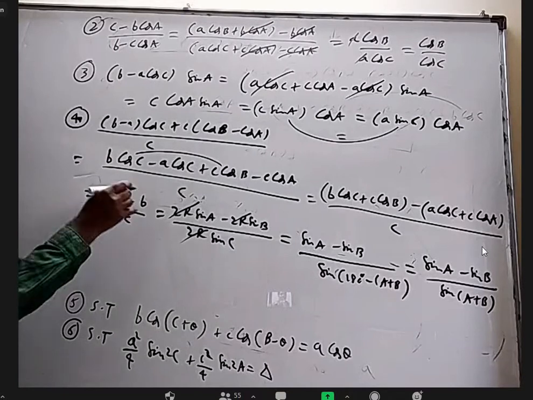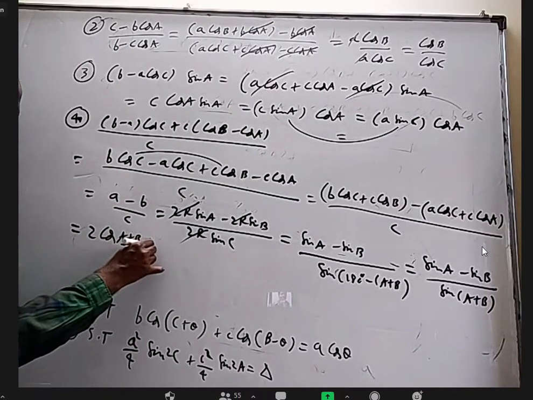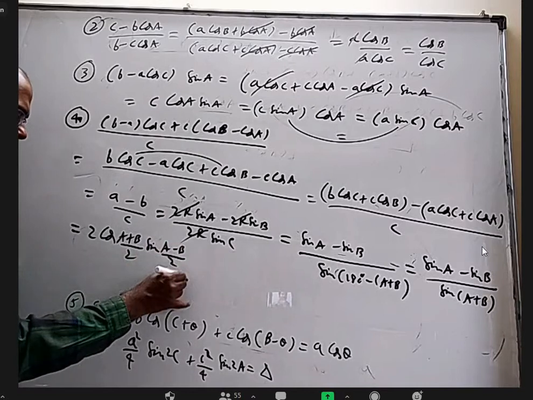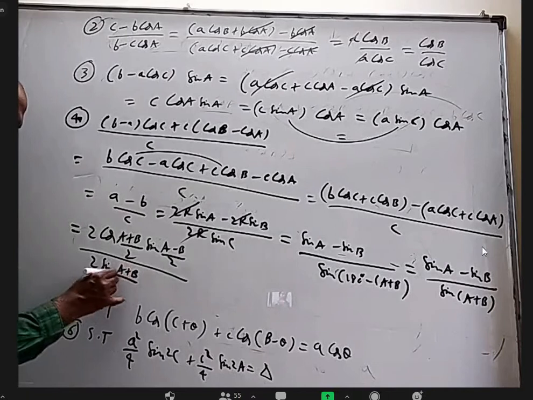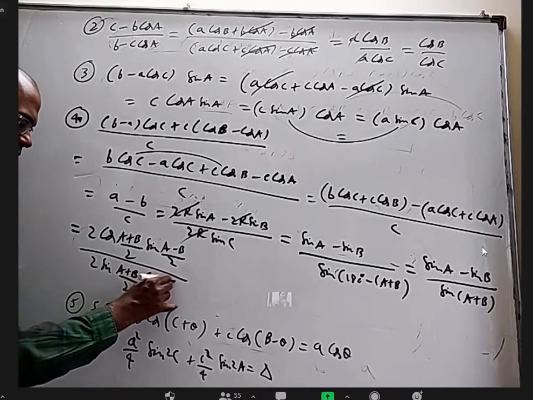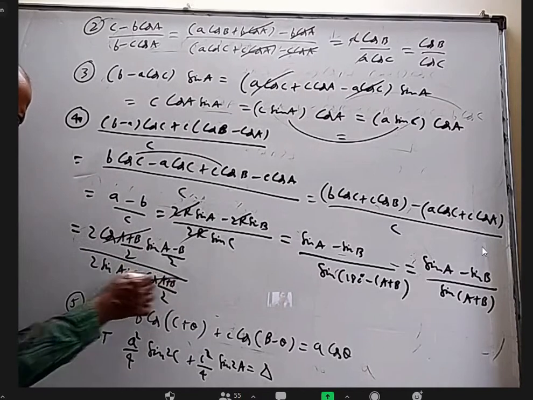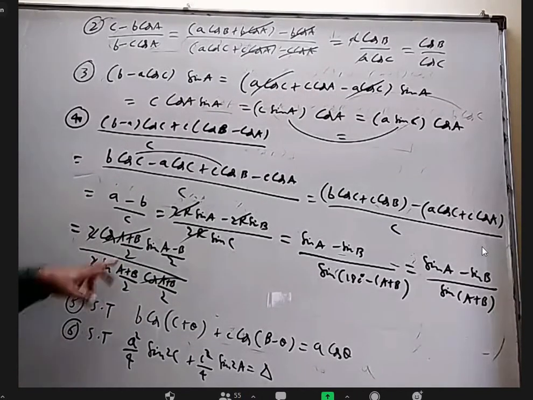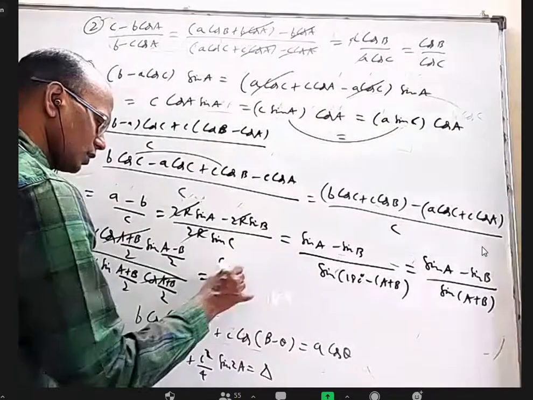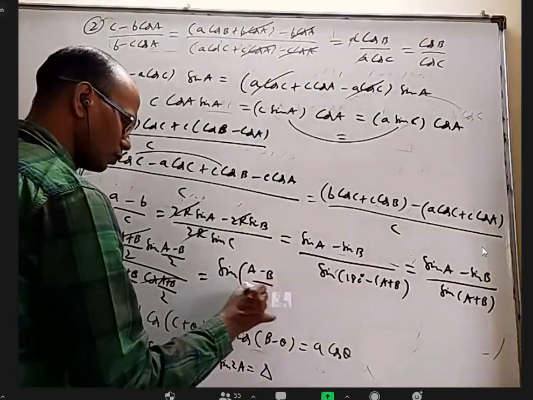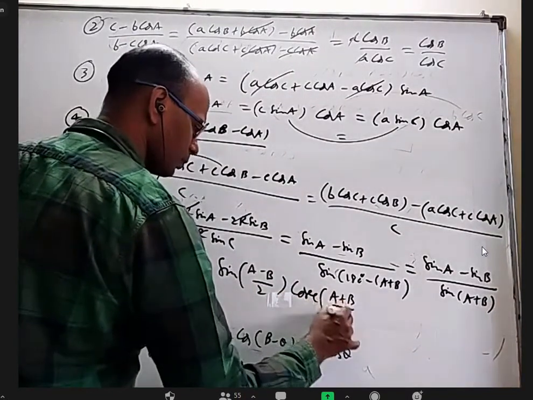Okay. So sine A minus sine B is 2 cos (A plus B) by 2 sine (A minus B) by 2. Down, sine (A plus B), I can write 2 sine (A plus B) by 2 cos (A plus B) by 2. Sine theta is 2 sine theta by 2 cos theta by 2. Cos (A plus B) by 2 will cancel, 2 will cancel. When this goes up, it will become cosecant. I think that is the exact answer we wanted. Sine (A minus B) by 2 into cosecant (A plus B) by 2.